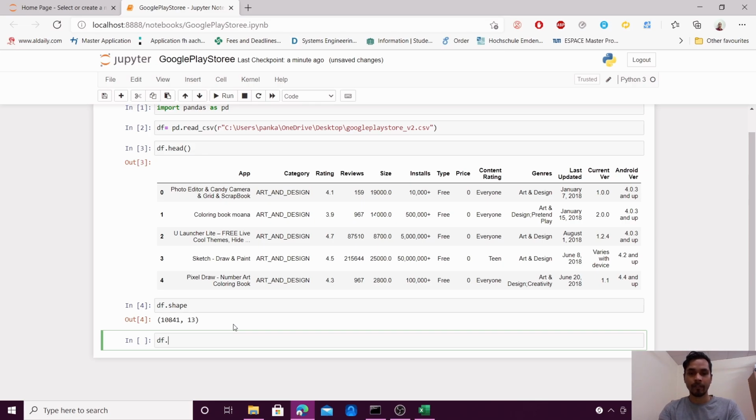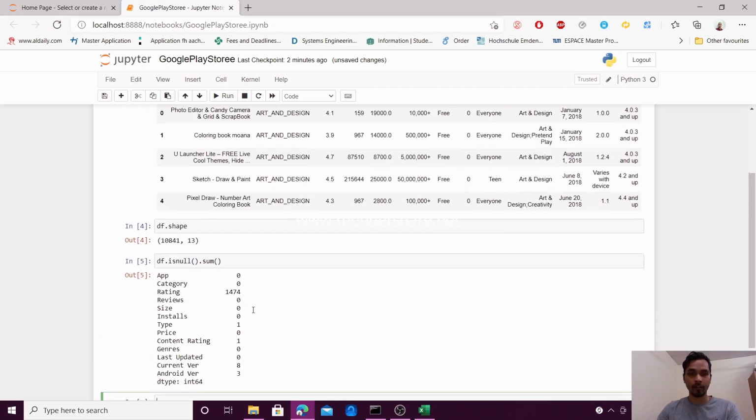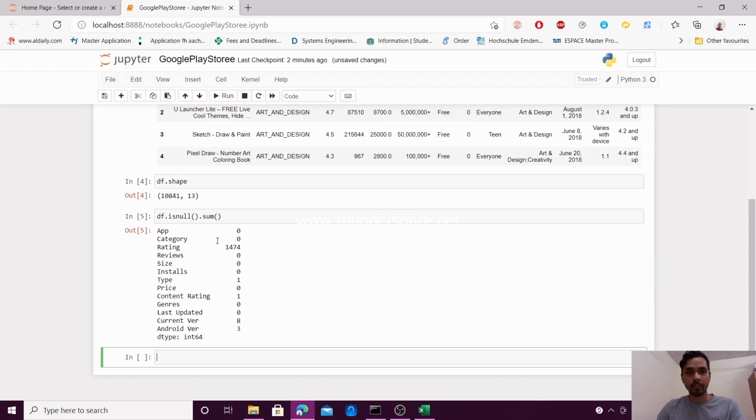For that, we use the method isnull dot sum for every column. So you can see the rating has 1474 missing values,